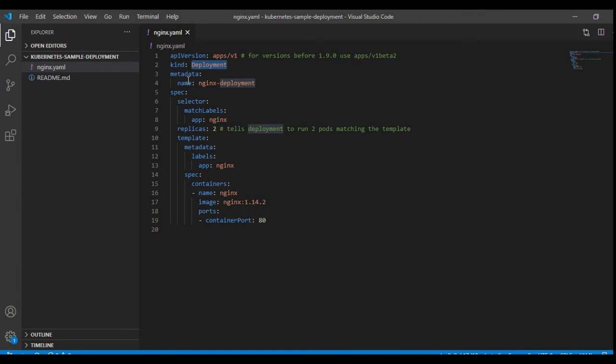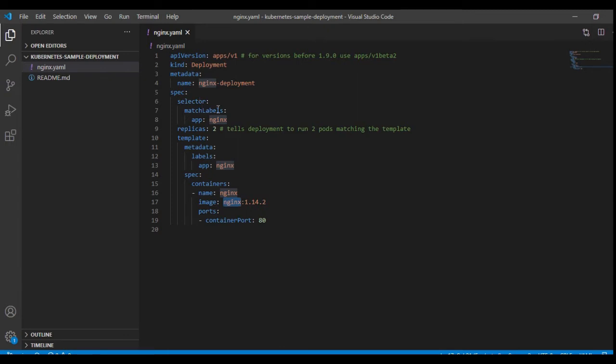And the spec. In the spec, you provide your configurations, like how many replicas you want and what kind of image you need in your pod. Here, I need Nginx, right? So all these configurations you provide in the spec. And this is the selector. This is also very important, because we use the label here.